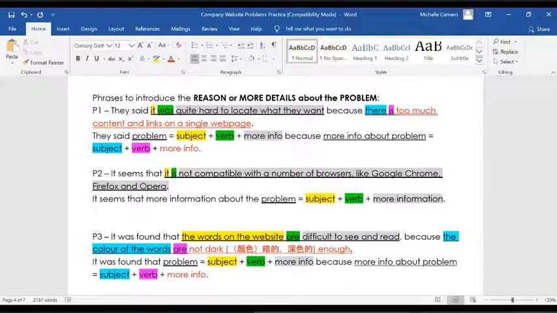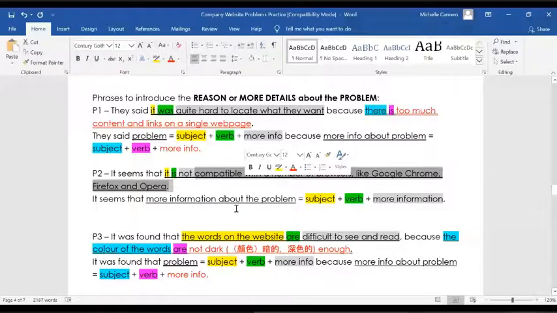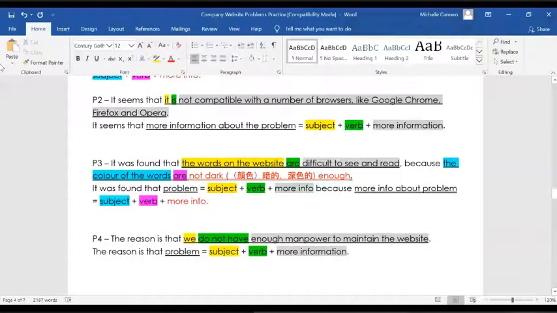Okay. So you're going to need to follow with more information about the problem. Which means you're going to need a subject, verb, and more information. Again, why? Because you have the word that. So it seems that, and then you would just need subject, verb, and more information, which is what they did here. All right, for problem 3, when we give more information, the sentence pattern was, it was found